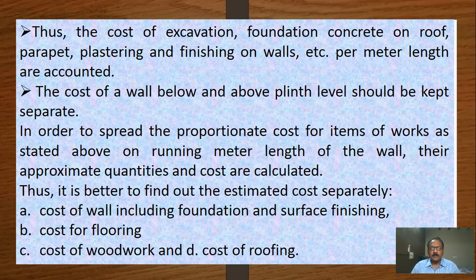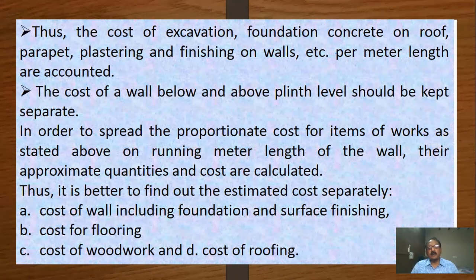In order to spread the proportion cost of items of work, as I stated above, on running meter length of the wall, their approximate quantities and cost are calculated. See, this approximate quantities method means you have to calculate item quantities by unit length, that is per meter length. It is better to find out the estimated cost separately, that is cost of the wall including foundation and surface